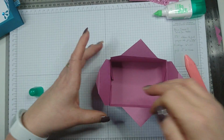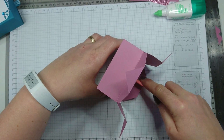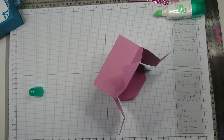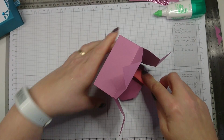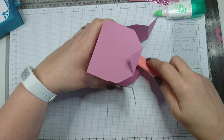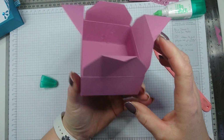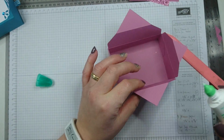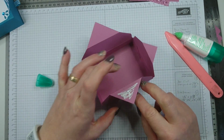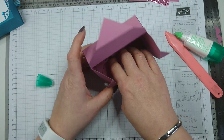All right, so this is at this stage what your card looks like, and I'm quickly going to use my bone folder. All right, just check all corners are fine. So what you do next is you're going to add some glue here, fold this up, fold this down. Can you look inside the box? Fold it down like so, and then